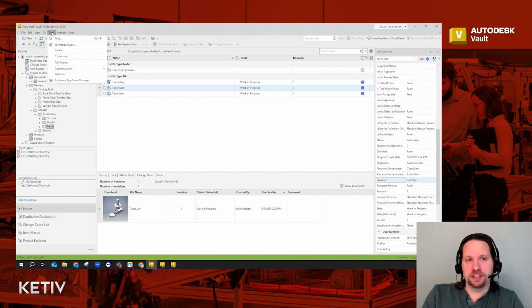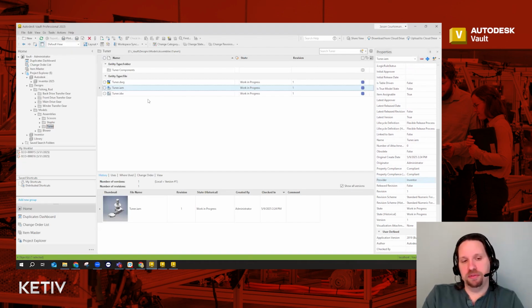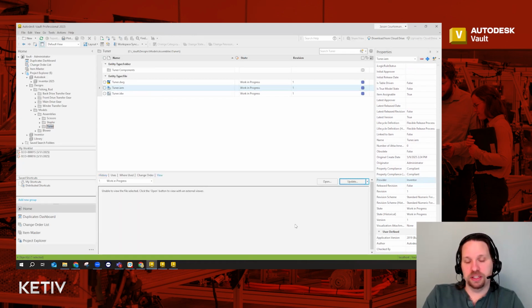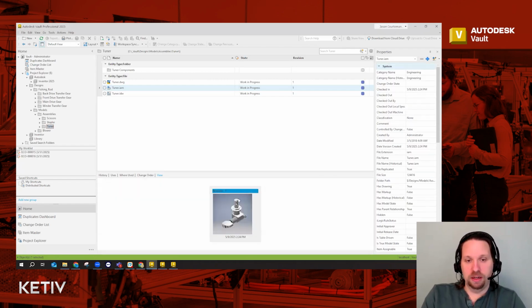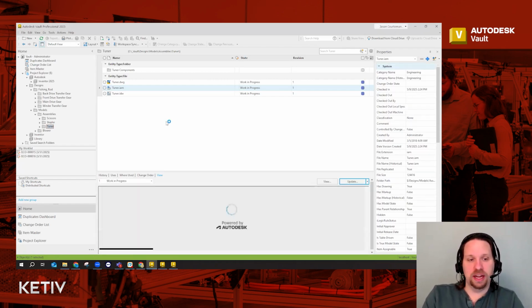The other thing we want to check is when we create files in Vault, there's a hidden visualization file, which is what gets created here, either on check-in or we can manually do it. But this view works because of a hidden file, which we'll see in a moment. And so it's important when we're creating file lifecycle rules that we're not accidentally assigning the engineering category to these